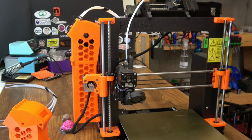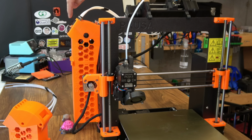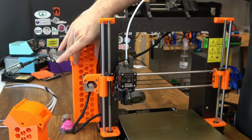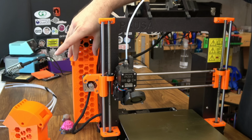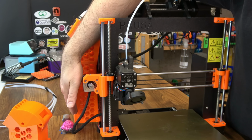Basically what happens, the filament comes in, goes around a set of these idler gears, and then feeds back into this tube to go into the MMU2. When you're not using the filament, the loop of filament goes down into this chamber, which is divided into 5 different chambers, one for each filament. It goes all the way to the end of this buffer,